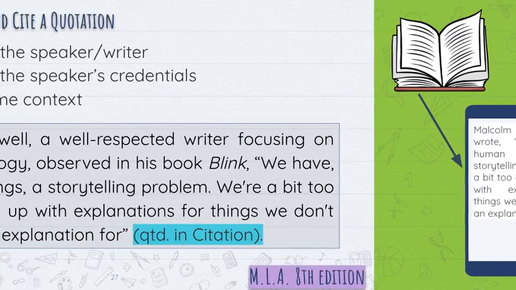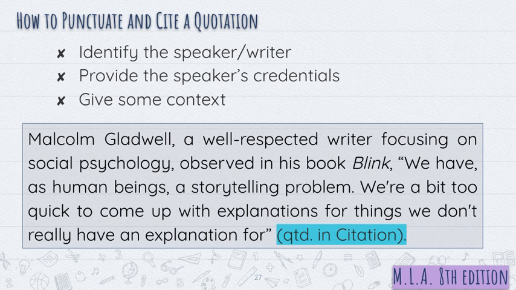So what you need to do is say that this was quoted in, and then your citation. Because we know that Malcolm Gladwell wrote this in a book, another author quoted it in an article, and now you're taking that quotation from the article. So simply, when that happens, you put QTD, period, space, the word in, a space, and then the normal citation for the article. That tells us as readers that, again, this was quoted in an article, but that quote came from a different source originally.